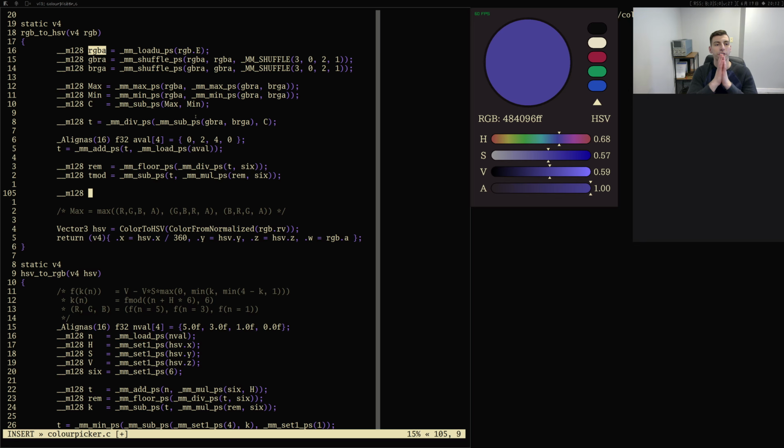I need to find the first bit that is set besides the A bits, and that will tell us if it's red, green, or blue. It was the max. So let's call it max C, which is going to be equal to